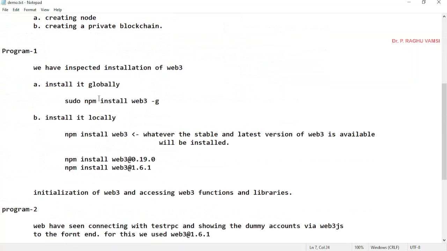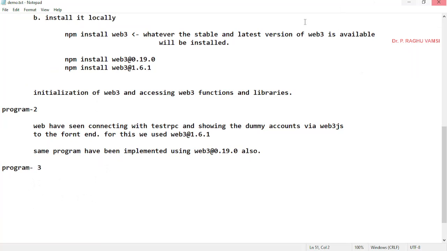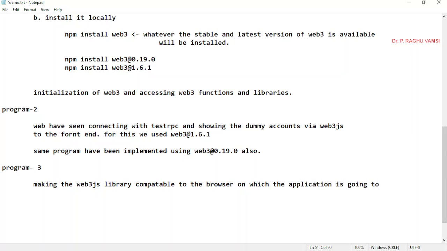The third program is making the Web3.js library compatible with the browser on which the application is going to be deployed. For this we used a tool called Browserify.